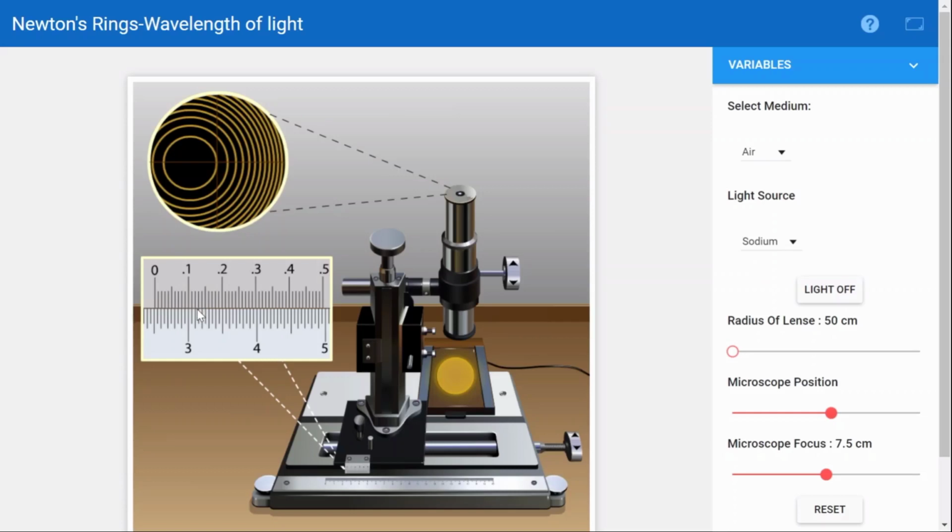Okay, fine. So your observation will be 2.5 plus 12 into your least count. We have found the least count as 0.001. So 2.5 plus 12 into 0.001. Can you tell me the answer for the right hand side reading? I am again repeating the same: 2.5 plus 12 into 0.001.